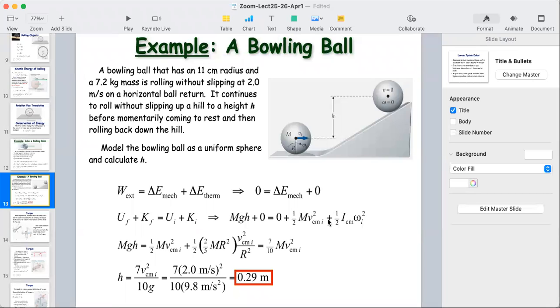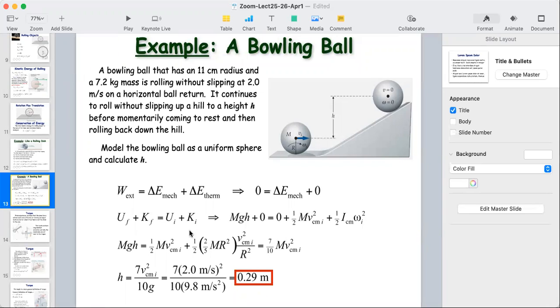Now you need to find the I of the center of mass of a sphere. I can go back to the slides, but you are going to see that it's 2/5 m r squared. So here we have mgh equal to 1/2 m v center of mass squared plus 1/2 times 2/5 m r squared times v center of mass divided by r, squared, because omega, we know, is v over r. So if I do all the calculations,